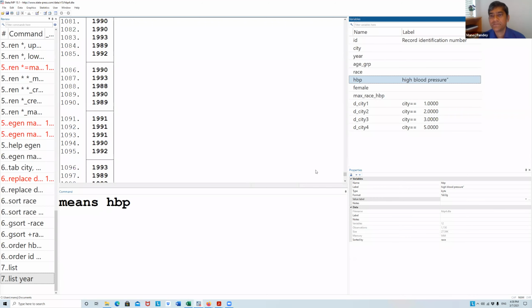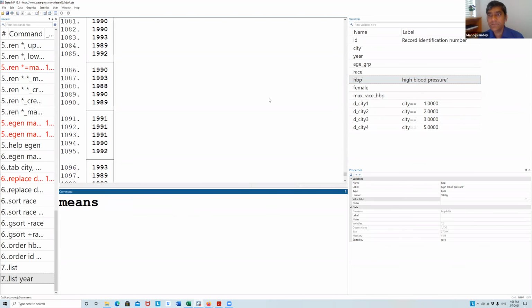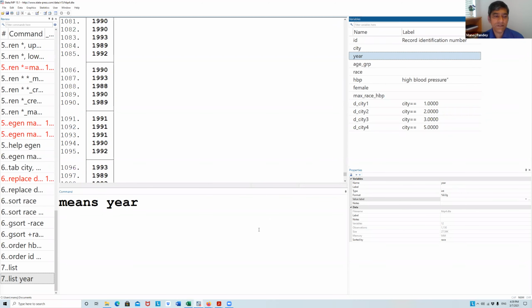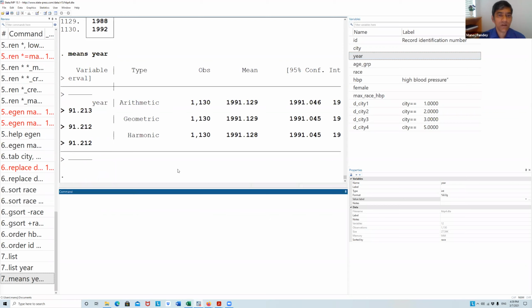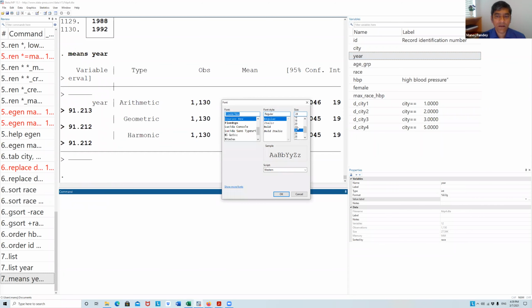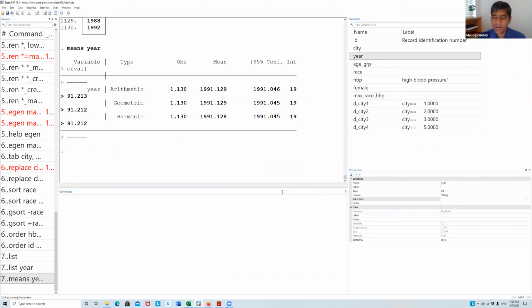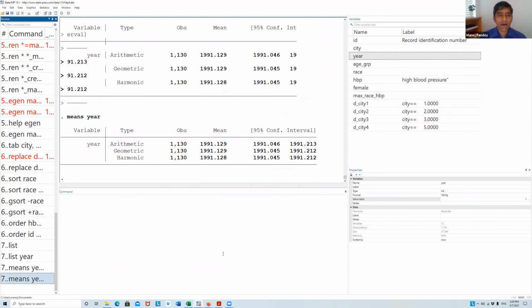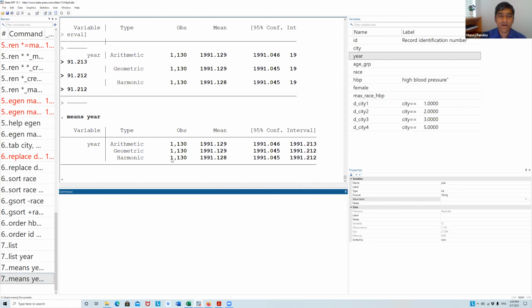It's means of not executive, there is nothing here which is a number. So let me try here. Okay, the arithmetic mean is this, geometric mean is this, harmonic mean is this. So you have all these types of means that you can use.